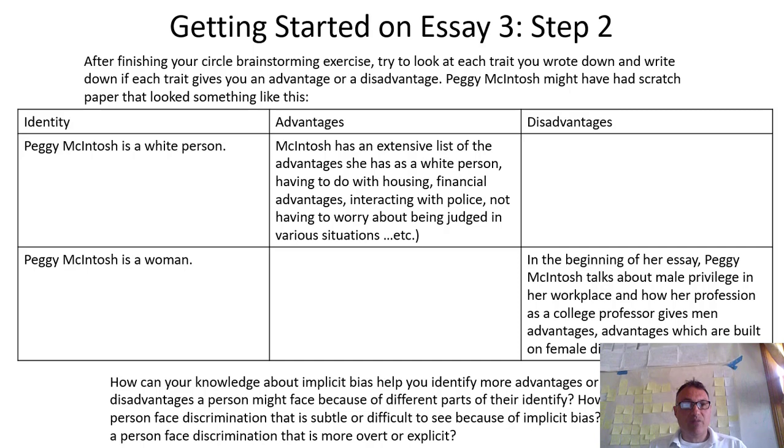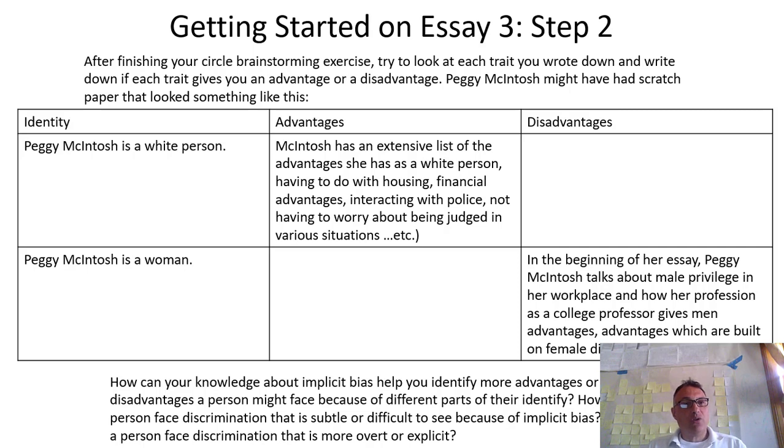Another note I put down there at the bottom: how can your knowledge about implicit bias help you identify more advantages or disadvantages because of different aspects of your identity? How might a person face discrimination that is subtle or difficult to see because of implicit bias? So,